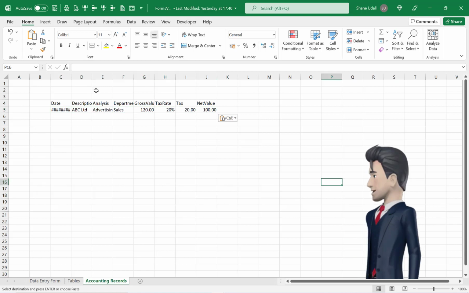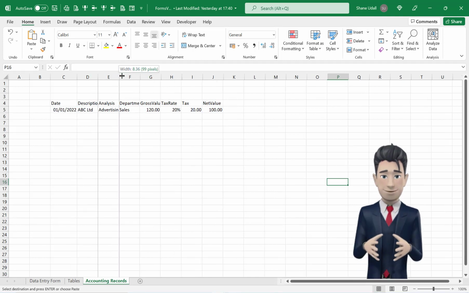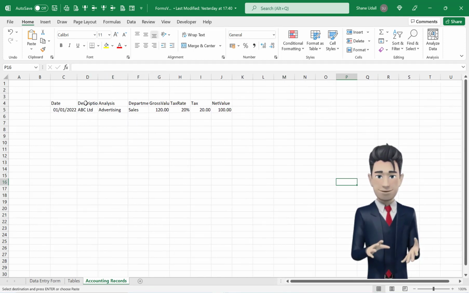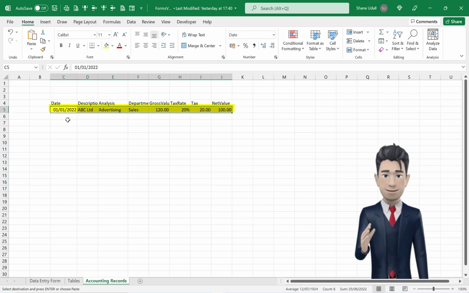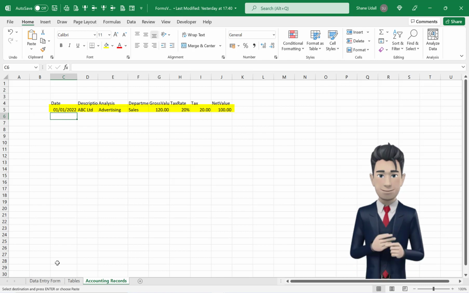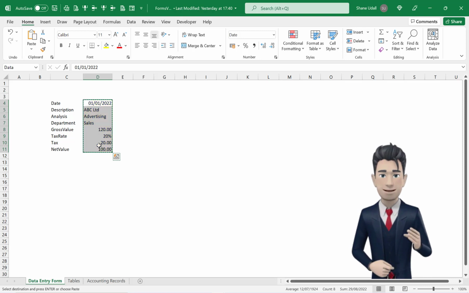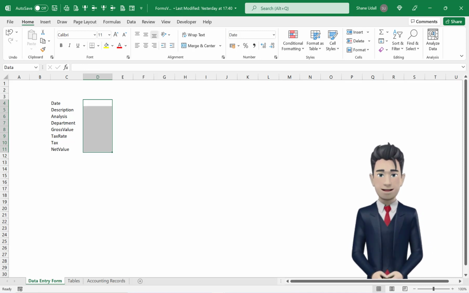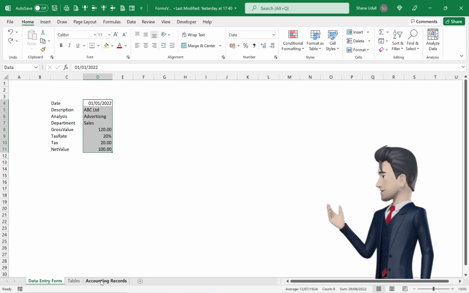We need to automate this routine, but we also need to make sure that the data is copied into the correct place in the accounting records table. Then we need to delete the contents of our data input form so that we can enter a new transaction. Each step of this process needs to be tested, and once successful, it needs to be recorded as an Excel